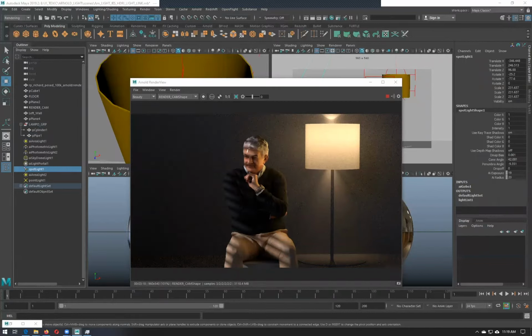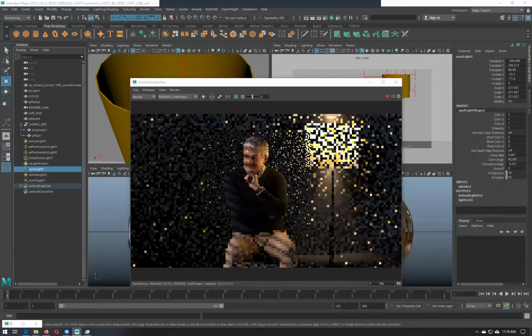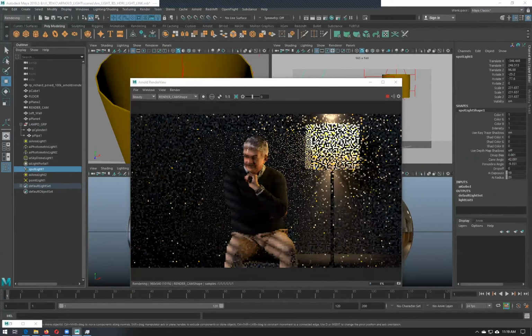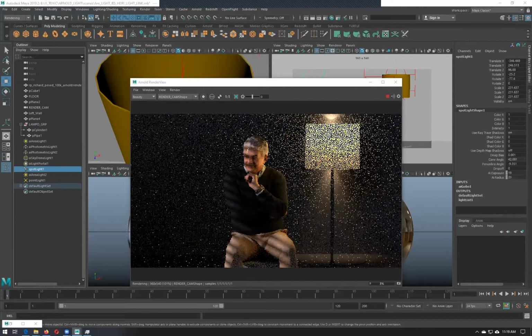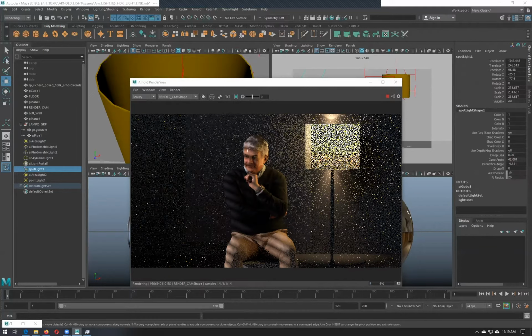So I'll try to use color temperature on this spotlight and increase it, go slightly bluish, and maybe diminish the intensity of this one. So let us go with 9000 kelvins